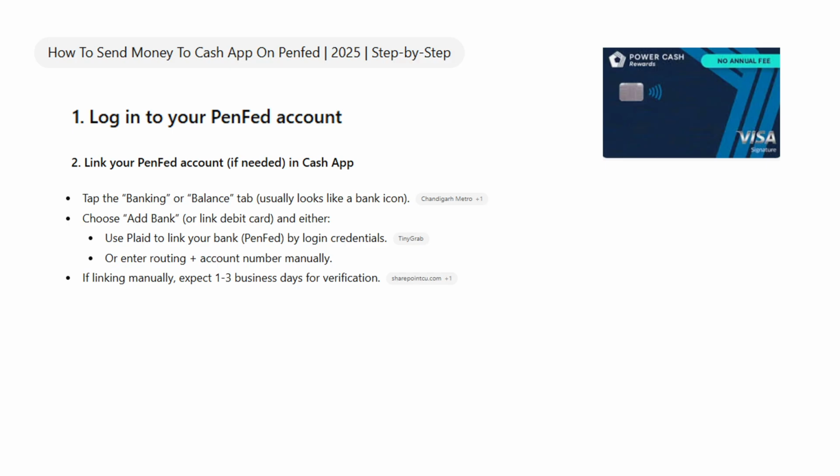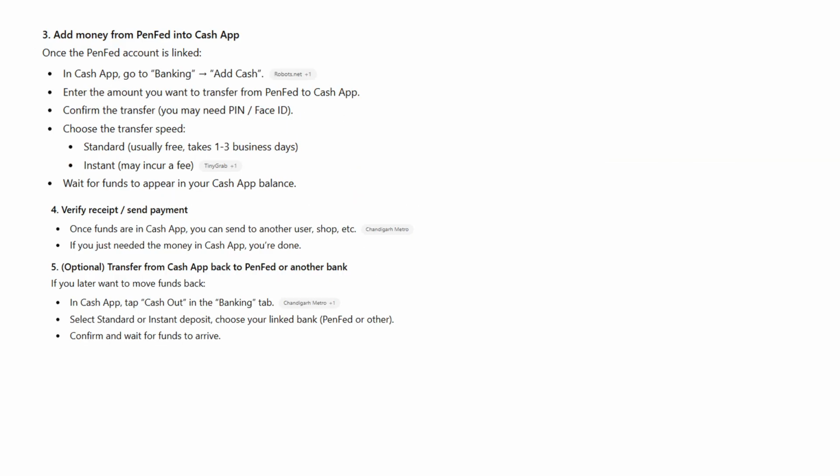With your bank linked, stay in the Banking tab and choose Add Cash. Enter the amount you'd like to move from PenFed into Cash App. Before you confirm, double-check that the funding source is your PenFed account and that the amount is correct. Then confirm the transfer with your PIN, passcode, or Face ID depending on your device settings. Transfers can be instant in some cases, or they may take 1 to 3 business days, depending on your connection